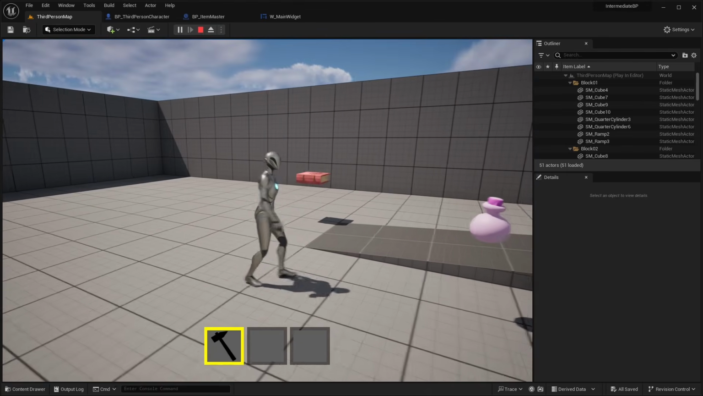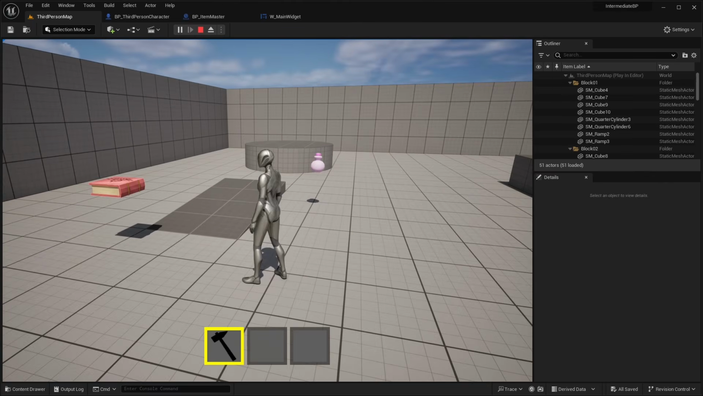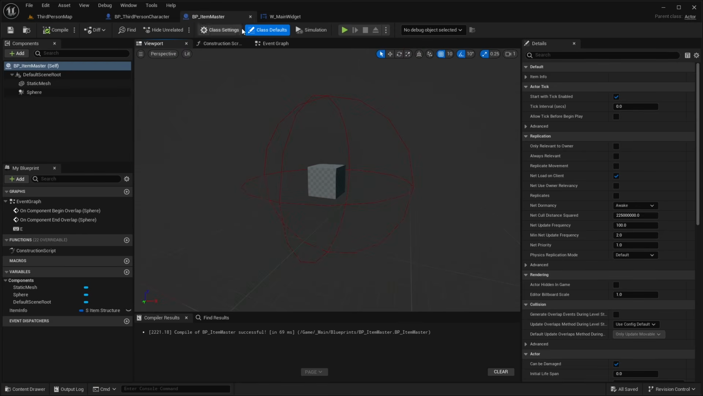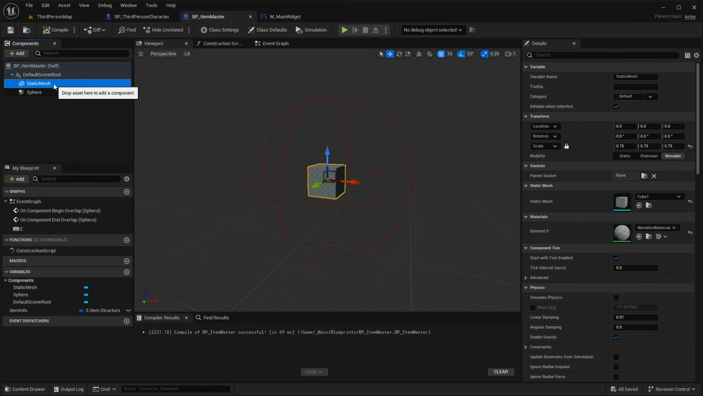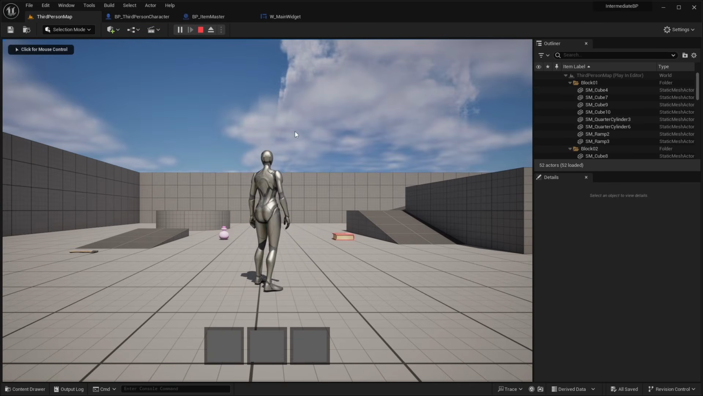Now I want to add a little bit of physics to these items so that they're not just floating in the world. So if we go to our item master, our BP item master class, we can select the static mesh, and in the details we can hit simulate physics. So we're simulating physics for our static mesh component. So now if we hit compile and save and go back into the world,